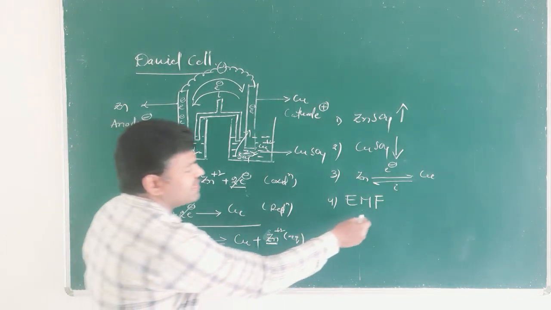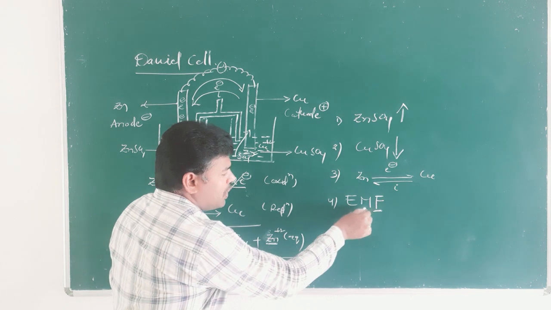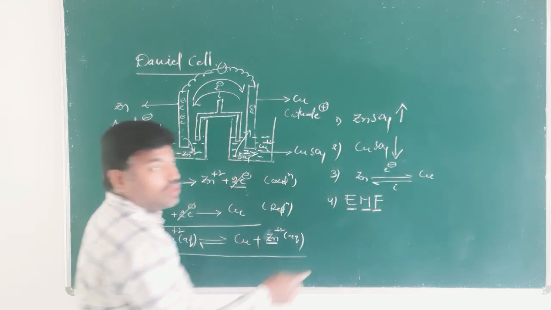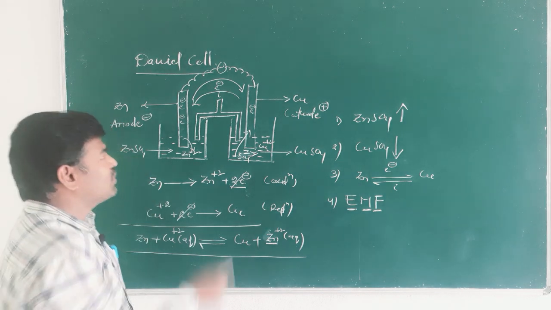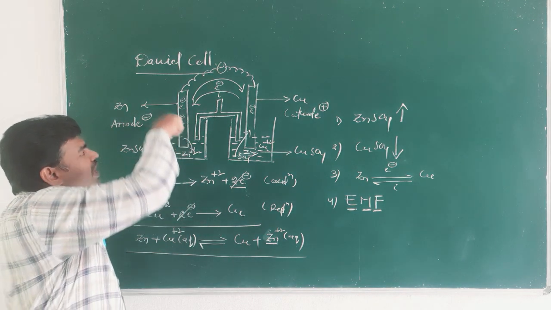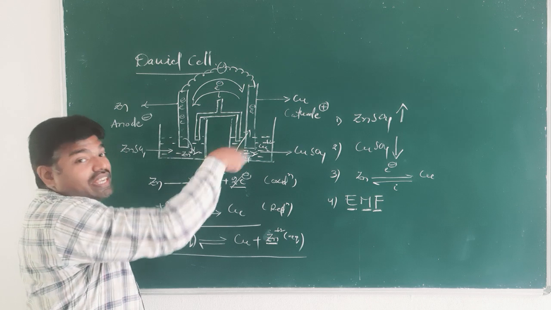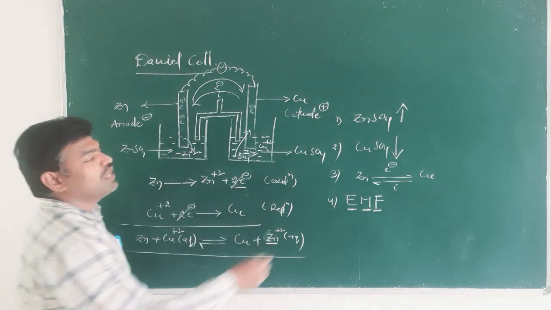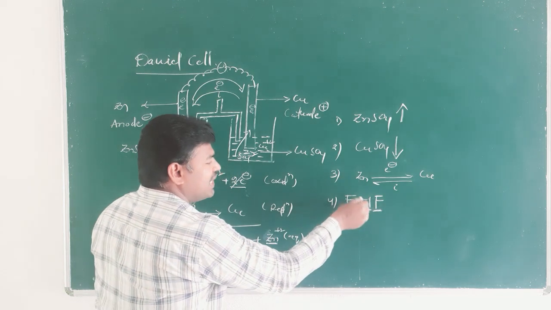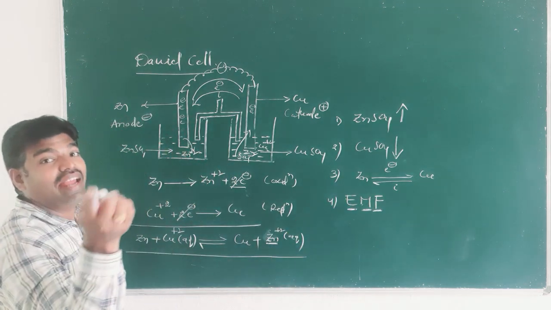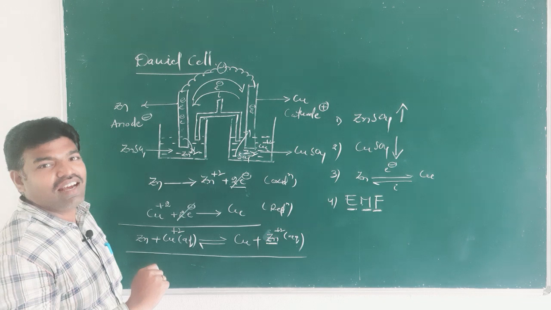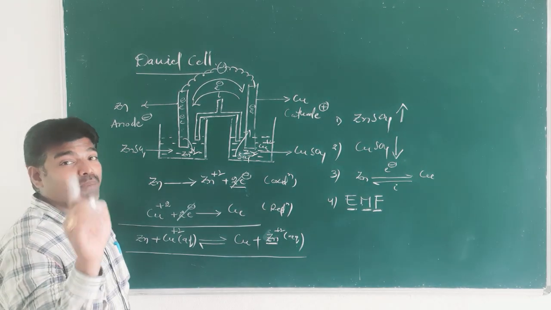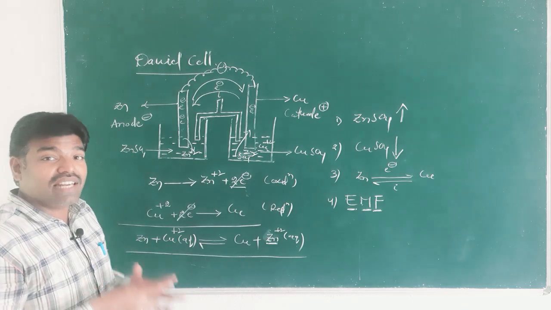So EMF is a force to motivate the electrons towards higher potential. So electrons move from left to right. So here the potential is high. It is the force to motivate the electrons towards higher potential. So where the potential is high